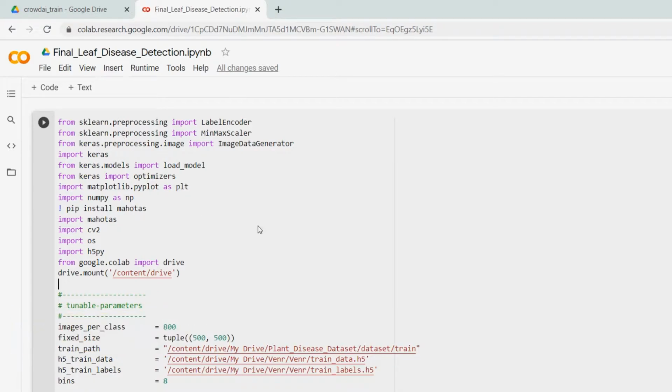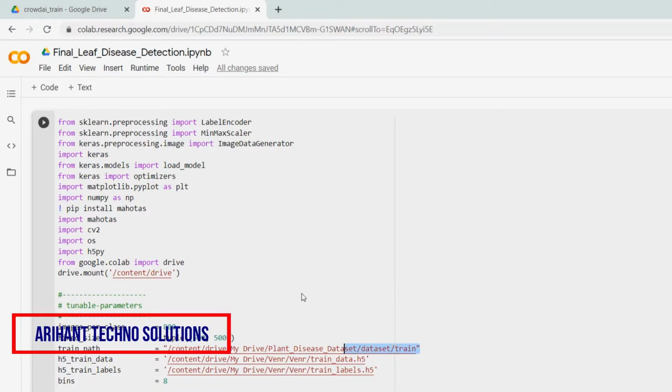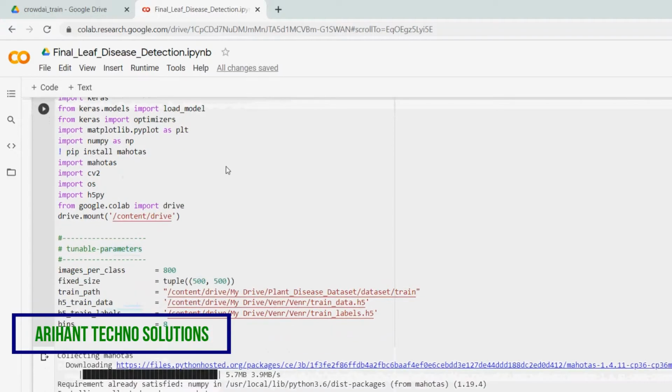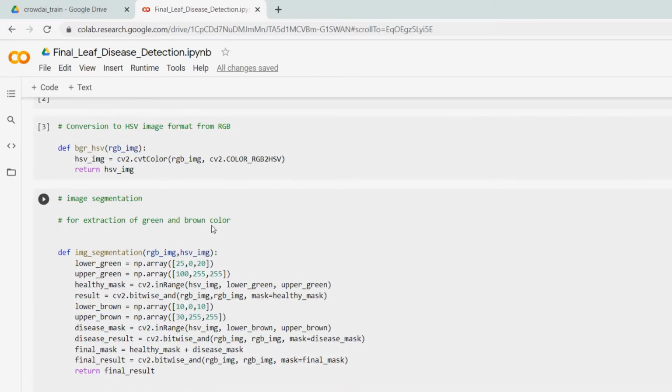So this is the import section. Here I import my dataset and h5 files. You can assume an h5 file is similar to a mat file. So this is the importing section. Then we will go for